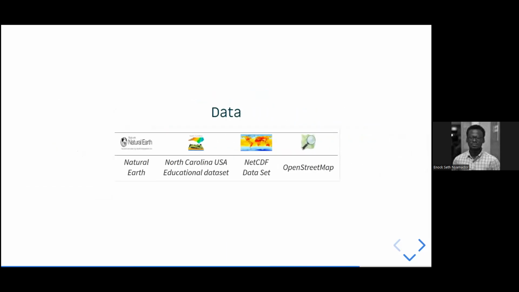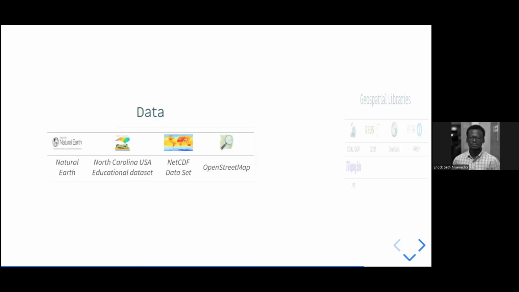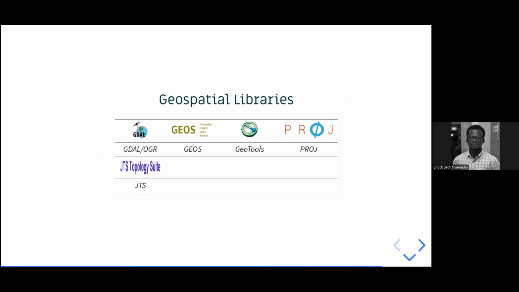Data, of course. Natural Earth data, which is a public domain data set, is included in the OSGeo Live operating system. The North Carolina data set is there, some NetCDF data, and OpenStreetMap data based on the location of the FOSS4G conference. So not the entire OpenStreetMap data, but a bounding box around the city or the conference venue, for where it was when the conference was in Dar es Salaam. That was version 13 or 12, if I remember. It was from OpenStreetMap and based in the center of Dar es Salaam. Firenze, the same. Geospatial libraries, GDAL down to GEOS, already there.